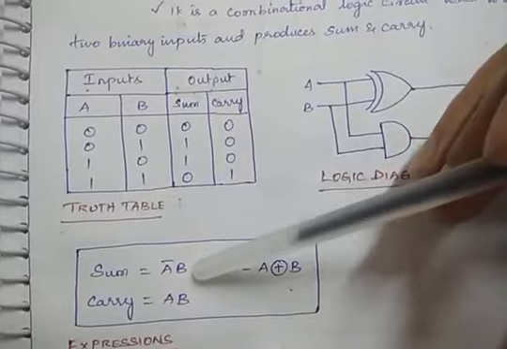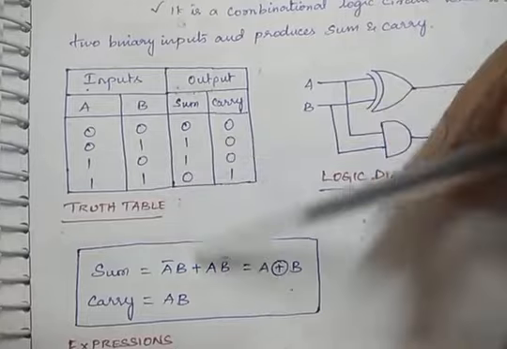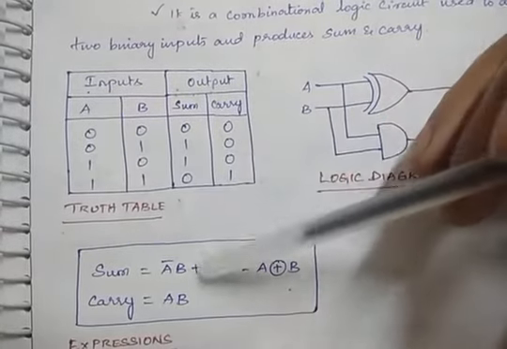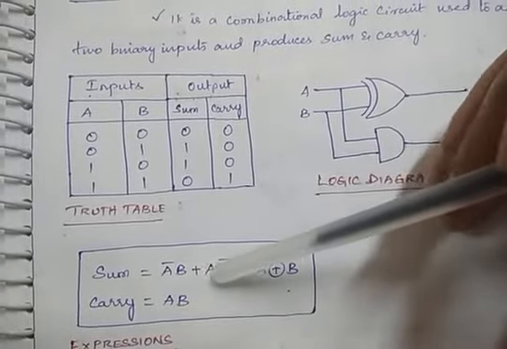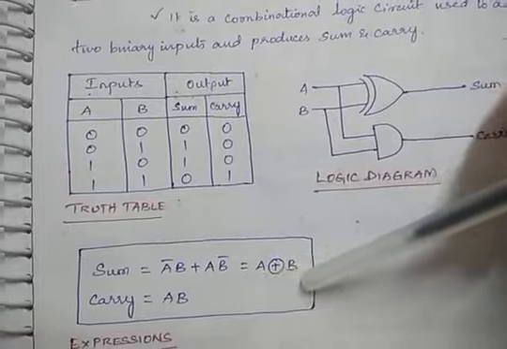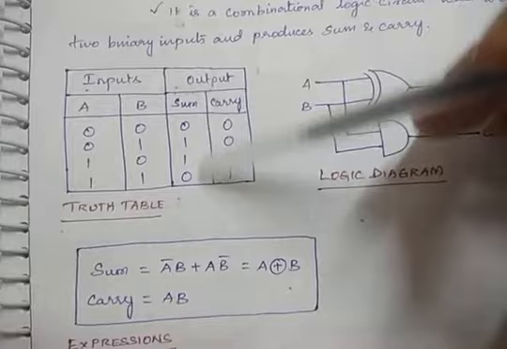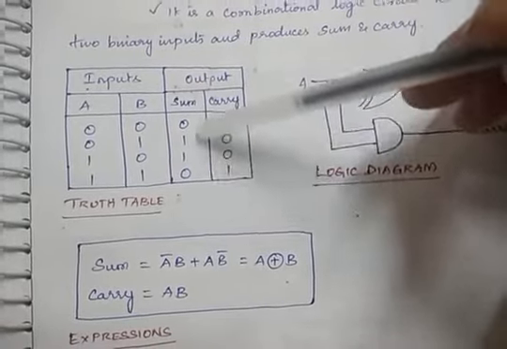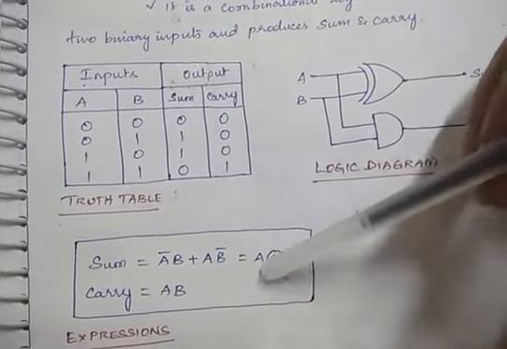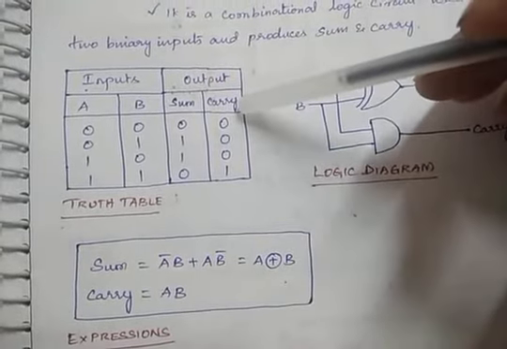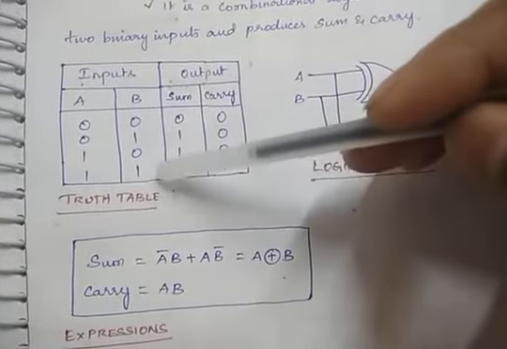So we got a bar b, and sum is also 1 when a is 1, b is 0. There a is unprimed and b is primed, so a b bar. So a bar b plus a b bar means a exclusive-OR b. This is the XOR output. If you have any doubt in logic gates, we have given it already; in logic gates, just refer to the XOR gate output, that is 0, 1, 1, 0. So sum is a XOR b. Coming to carry, carry will be 1 when a is 1 and b is also 1.